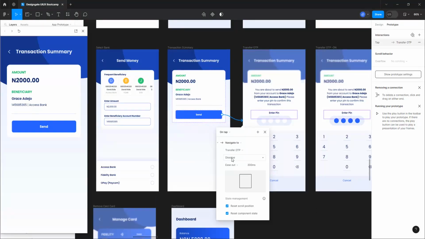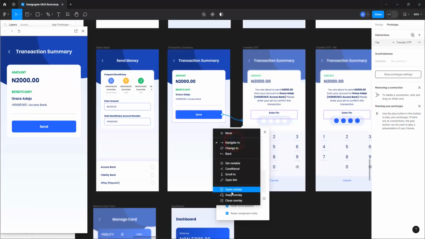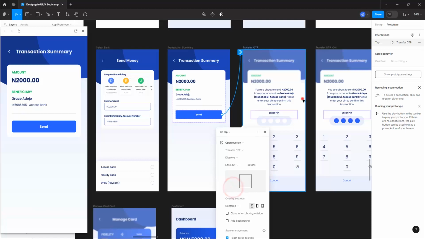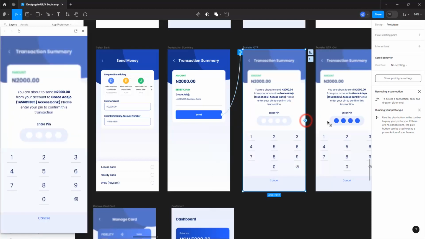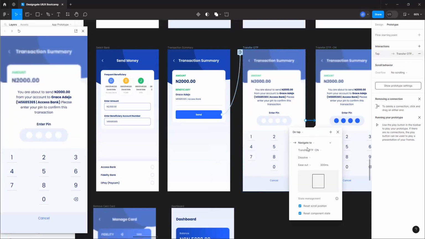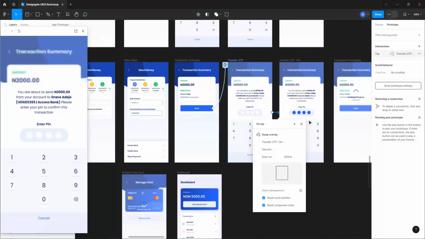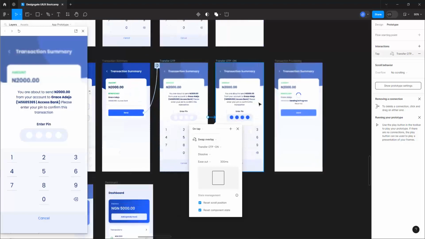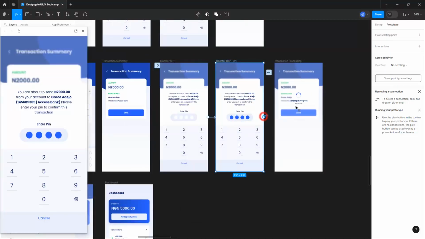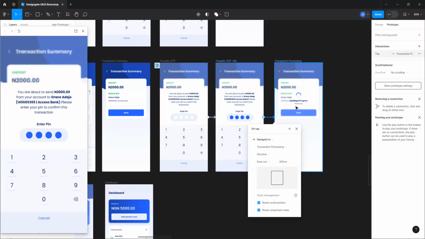Yes, so you want to make sure you click on open overlay. Instead of navigate to, you want to use open overlay. And then when you click on the overlay, you want to go to swap overlay. Swap overlay, then it swaps. And then once you tap here, it goes here. But in reality, immediately you enter your PIN and it's complete and correct, it basically starts processing